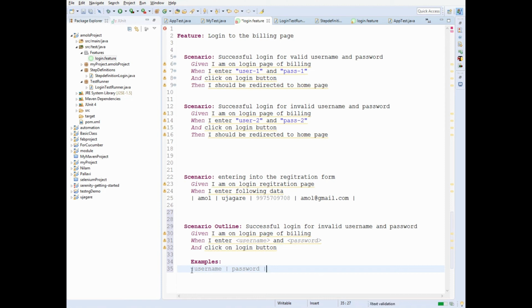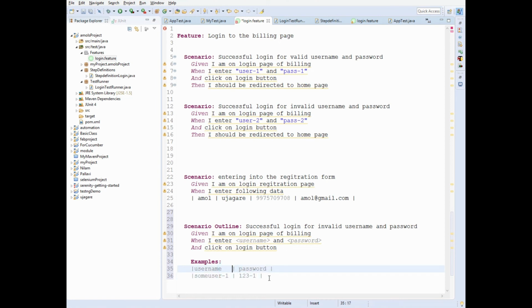Okay, so I'll copy this, and here let's say some user dash one, and password, or let's say password 123 dash 1.